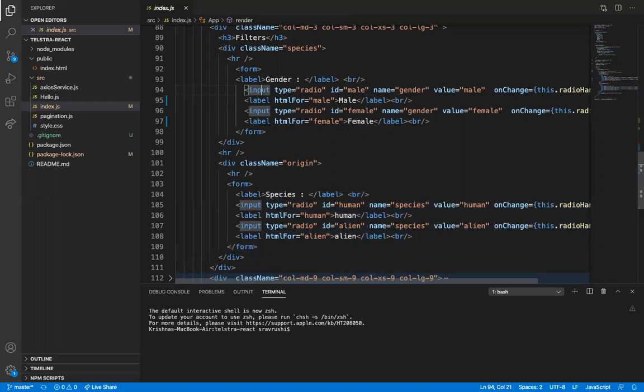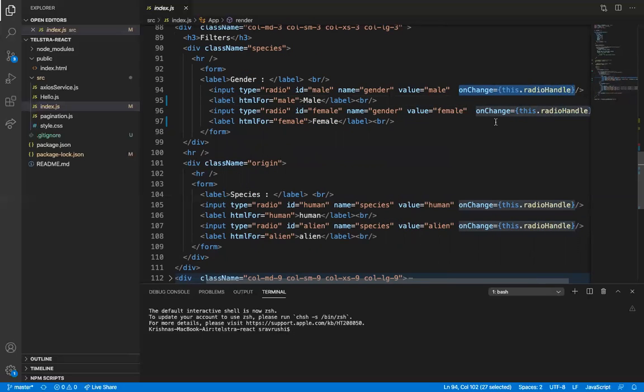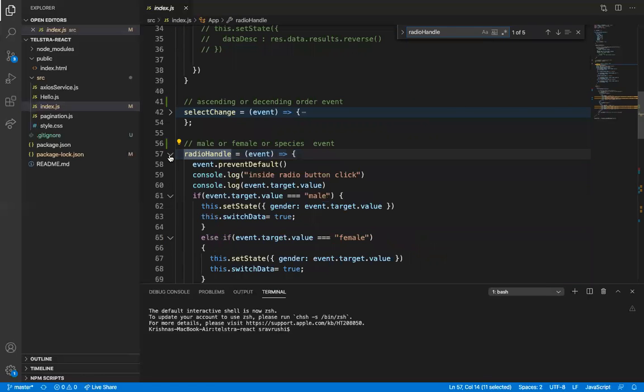These two, you are already aware how to create a form. Likewise, I have created the form, but some work should happen when you click on a radio button. If you click on the radio button, it should handle the data. I have given type equal to radio, ID, name and value. The main part is this one. First I am going for the radio handle, which is a function I am going to use.